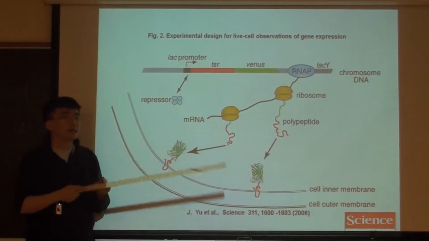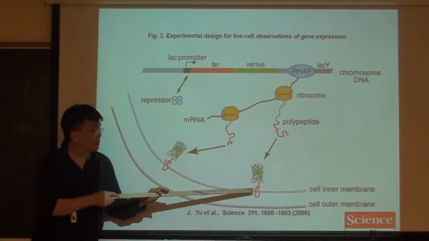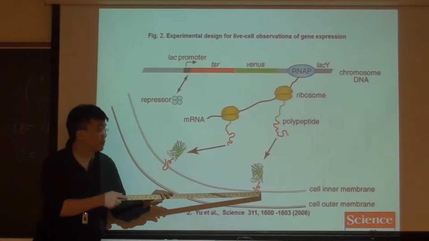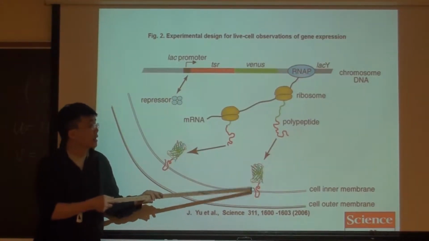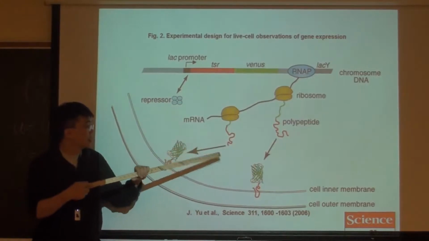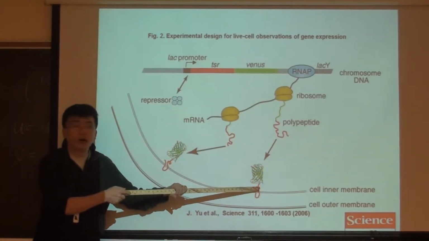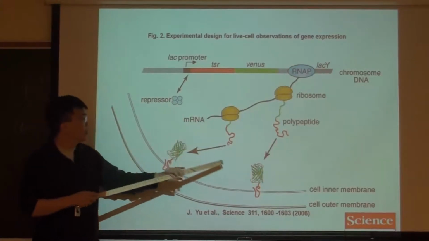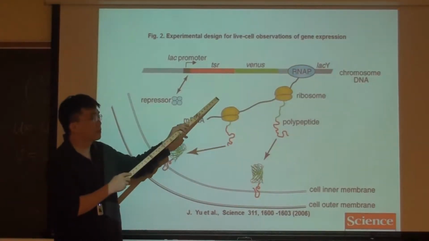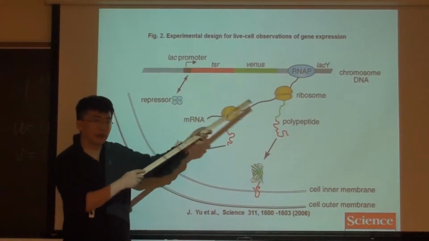And TSR is a sequence motif that is found in some of the bacterial inner membrane proteins. So if you connect the fluorescence protein to that TSR sequence, then as soon as the protein is made, it'll actually go and bind to the cell membrane and be localized there. Why? The reason is the following. If you have a GFP Venus only made in solution, then inside the cell, this will diffuse inside the E. coli